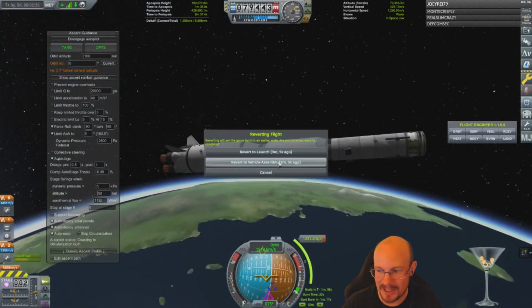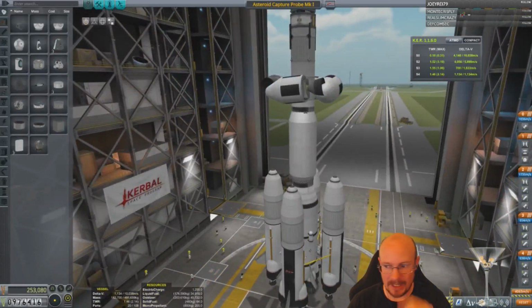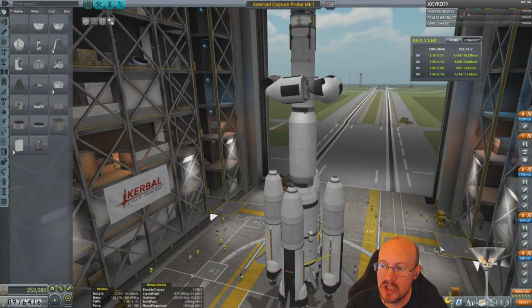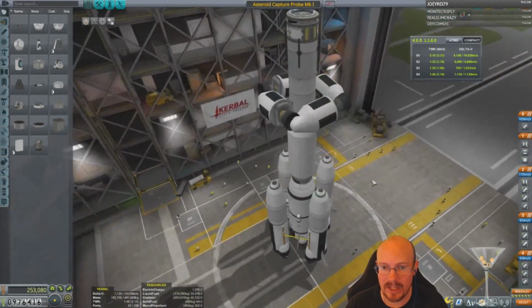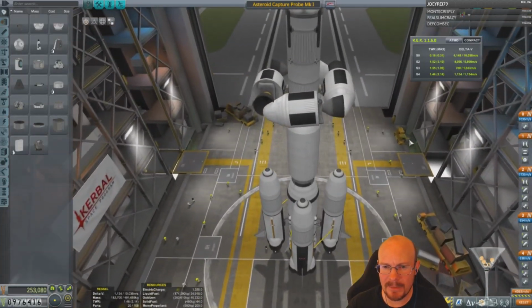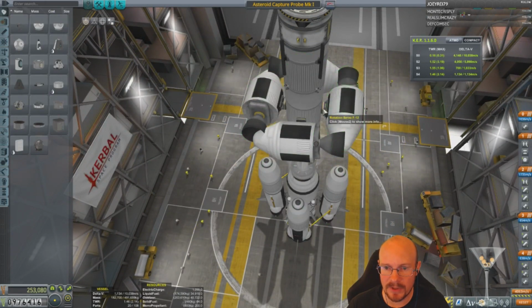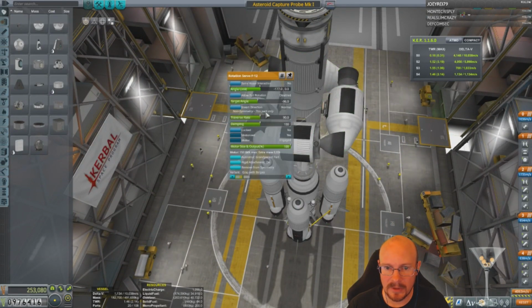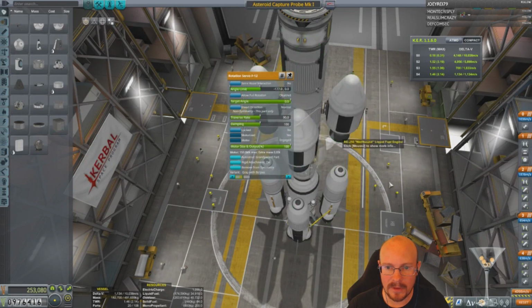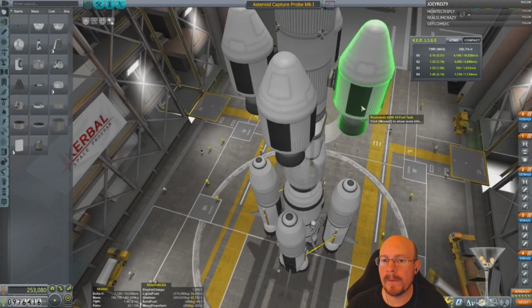Okay, revert to assembly. They fell off? Okay. I was afraid of that. I think maybe tetrahydrodenitrogen's idea is actually a good one. I think I might need to change this, if I put the decouplers on first. Okay. So if I do...